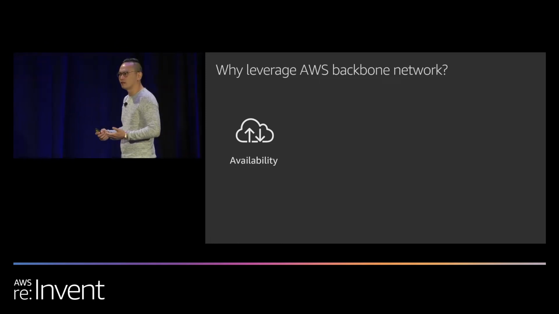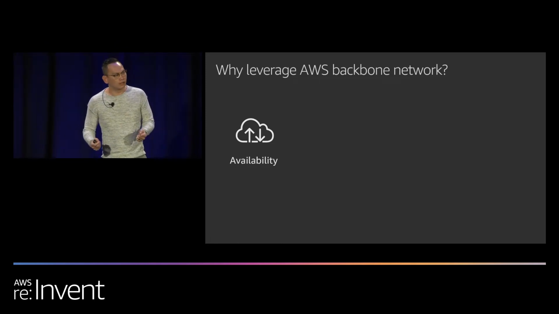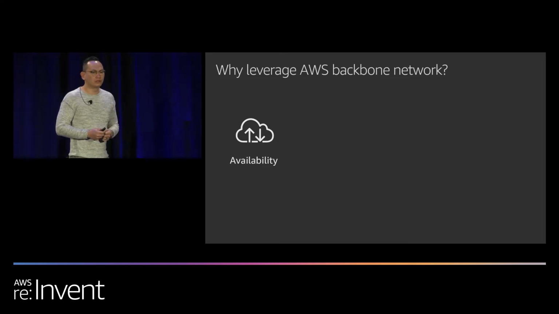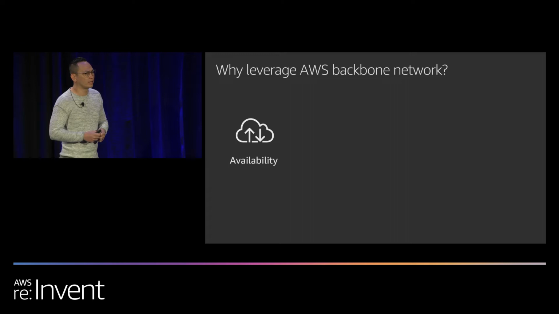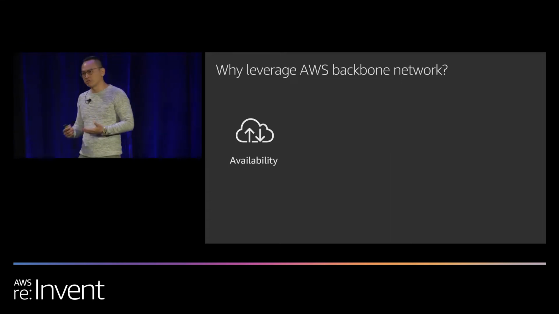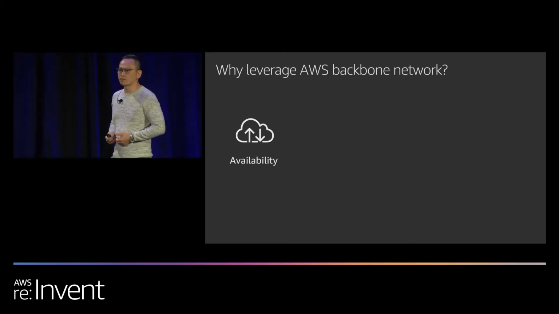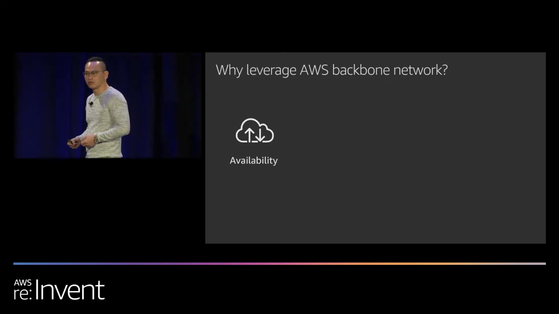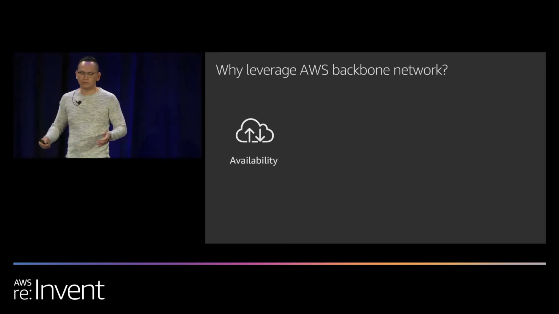And when I say that, I'm talking about path diversity. We want to ensure that we have multiple paths to get to the same destination once you're on our network. And by operating traffic on our own network, we're able to do things like understand different parts of the world where fiber cuts are more likely to happen, in which case we can lay down more fiber and ensure that we do have truly redundant paths.